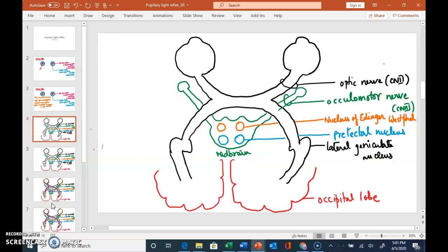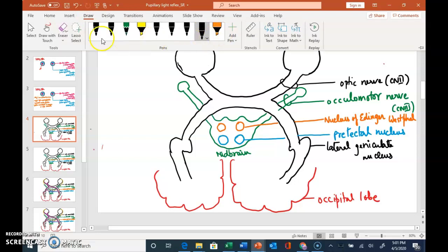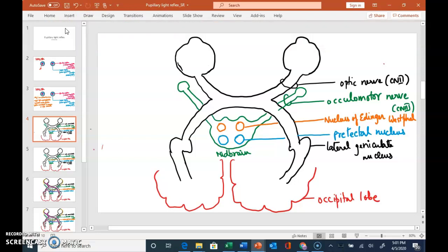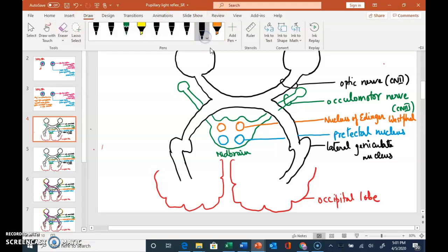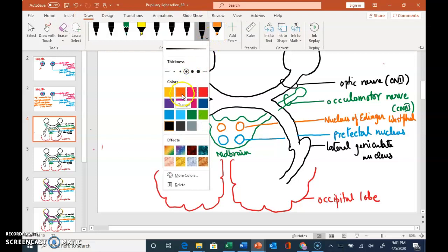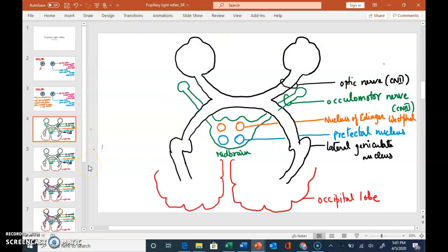Now, I will first draw these neurons. They come